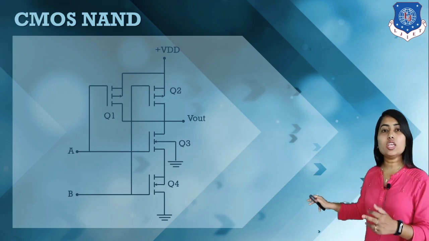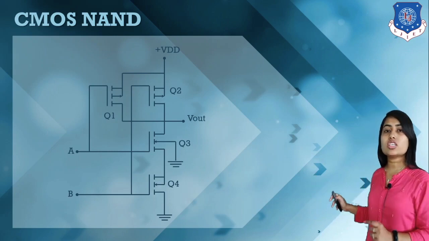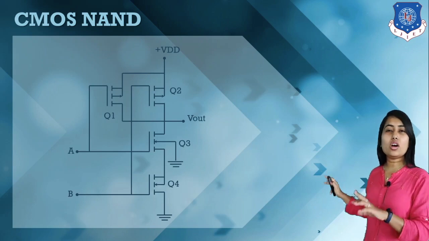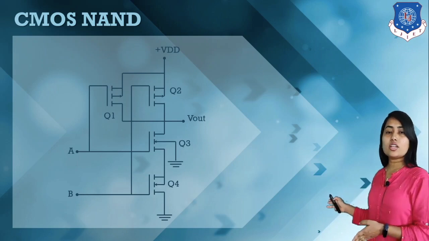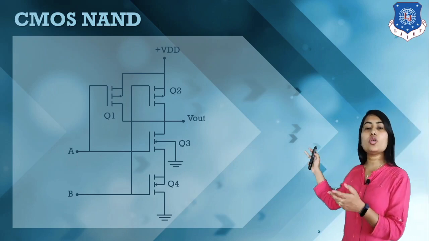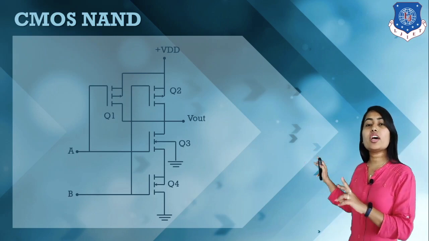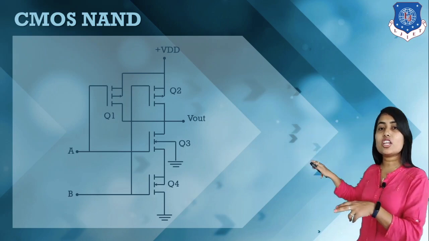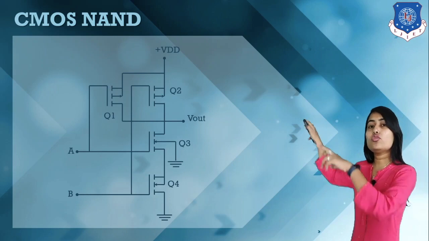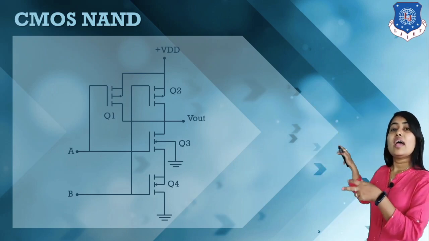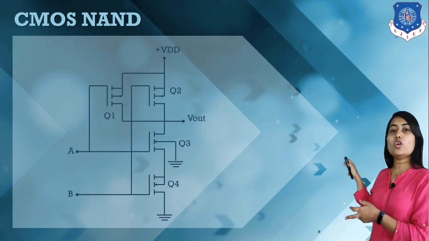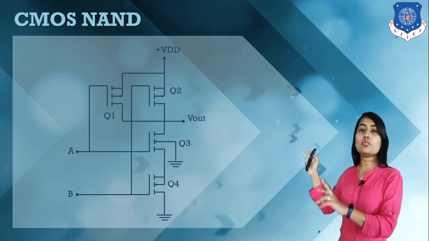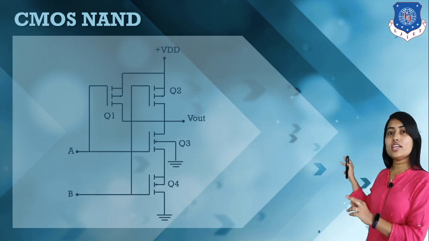When any of the inputs are 0, any of the N channel MOSFETs are off, and the corresponding P channel MOSFET is on. As the P channel MOSFET is on, the power VDD can flow through any of the P channel MOSFETs, because of the parallel connection, so it can flow from either direction, and this voltage is present at the output side. So when any of the inputs are 0, we have one of the P channel MOSFETs on, so at the output side we have a voltage, so we have a 1.